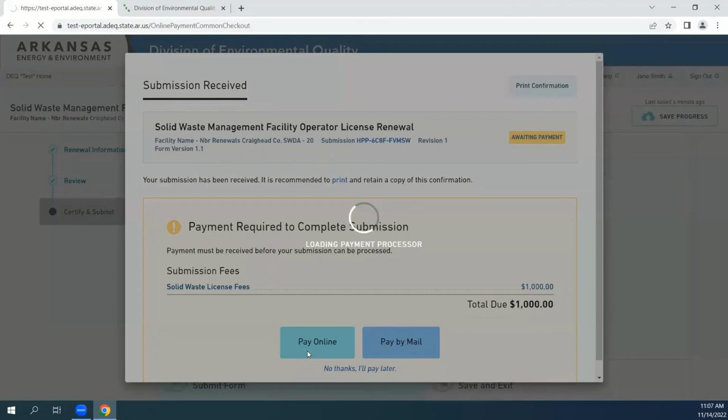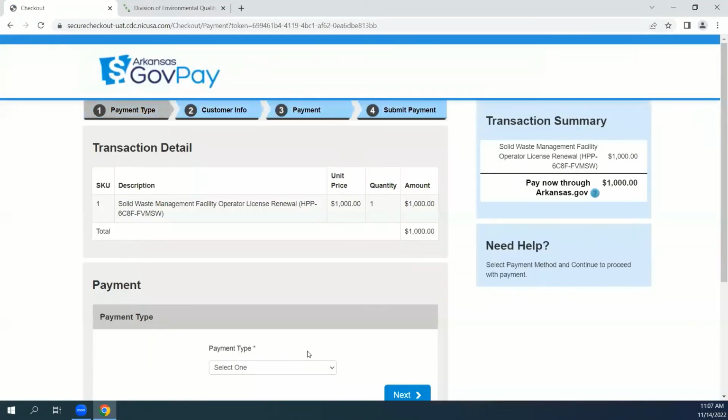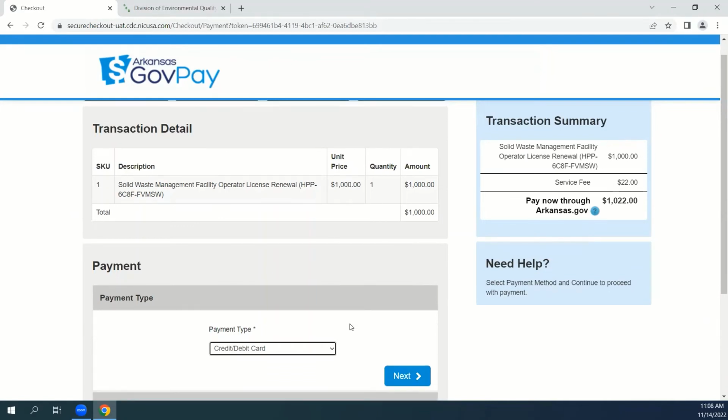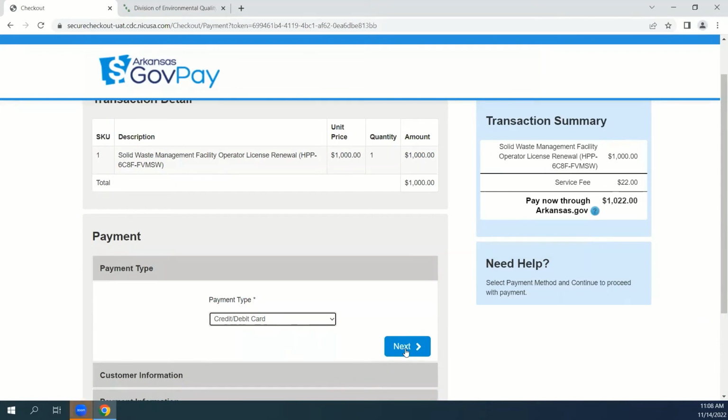When you select pay online, the ePortal system will send you to our payment processor. You have the option to pay online with either a credit or debit card or electronic check. If you select electronic check, you will see there's the service fee of $3. If you select credit or debit card, you will see the service fee of $2 plus the 2% of the application fee. When you select credit or debit card and click next,